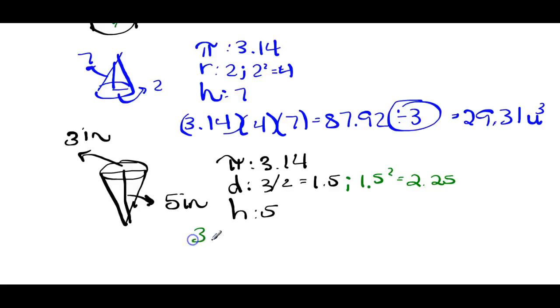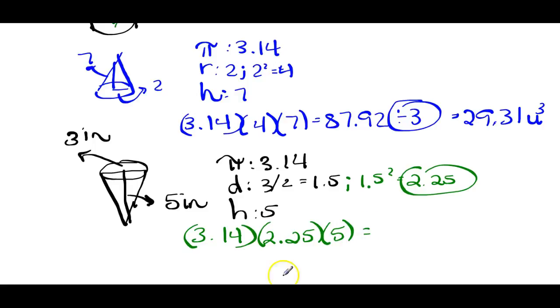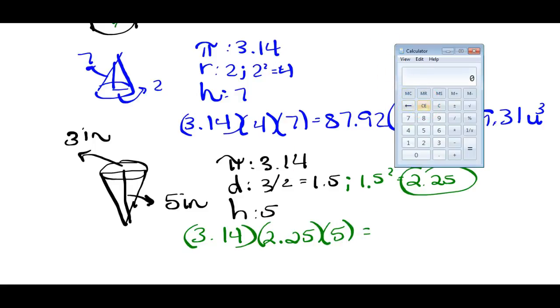So then when I multiply everything out, I have that 3.14. I'm going to multiply it by this part because we took our diameter, divided it in half, and then squared it. So we want that 2.25 times 5, and I'm going to get out my handy dandy trusty calculator. 3.14 times 2.25 times 5. It would help, Miss Curtin, if you would remember that you need to multiply 3.14 times 2.25 times 5. If you've ever had that happen, you understand. So we get